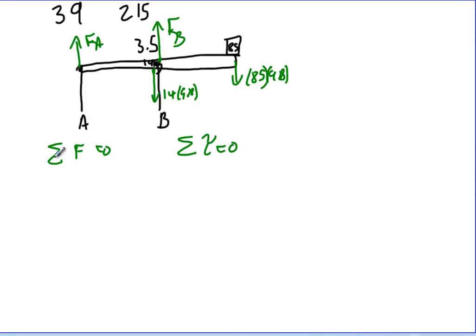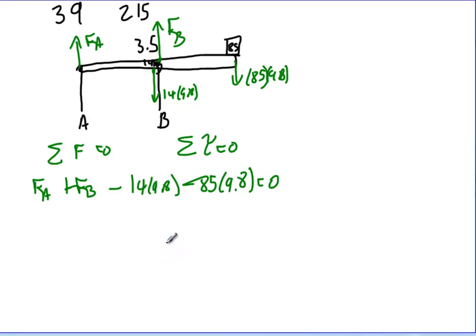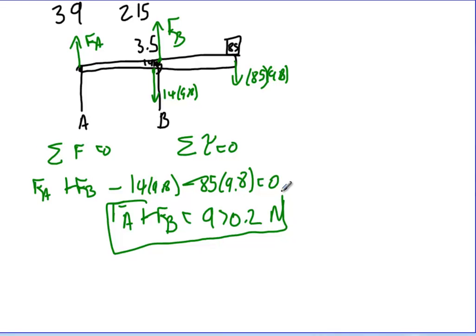So let's go ahead and find our net force. The net force, we have FA plus FB, those are added because I have them drawn in the same direction, minus 14 times 9.8, that one's down, minus 85 times 9.8 equals 0. If we wanted to, we could simplify that, and we have FA plus FB equals 970.2 newtons. But that's two unknowns, so now I've gone as far as I can go with that one,